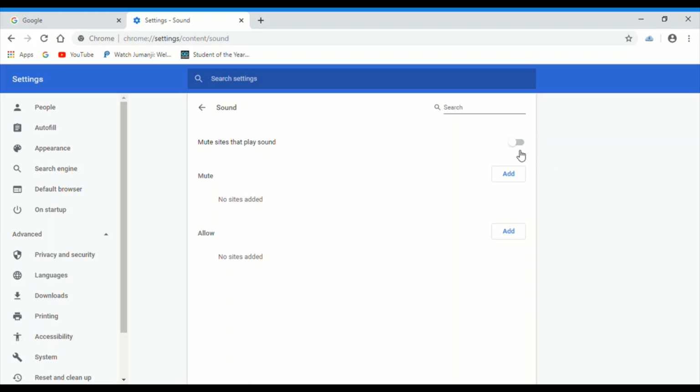Then you will find the sound option. In the sound option you will see a black button. This means that Google Chrome has muted sound. Then click on the black button again and you will find that the button appears to be blue. After doing this, you can hear the sound normally and there will be no issue of sound